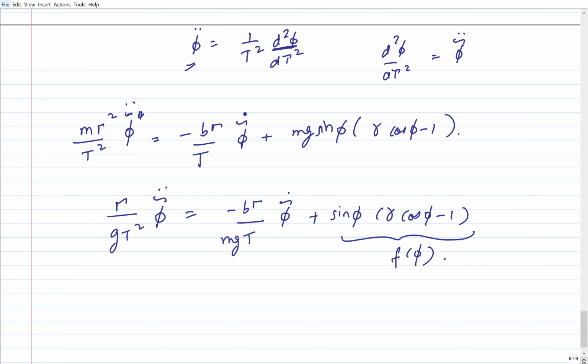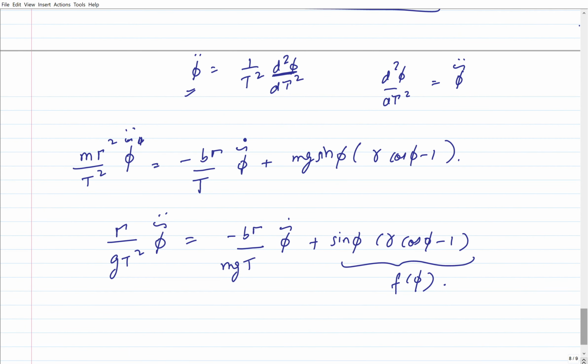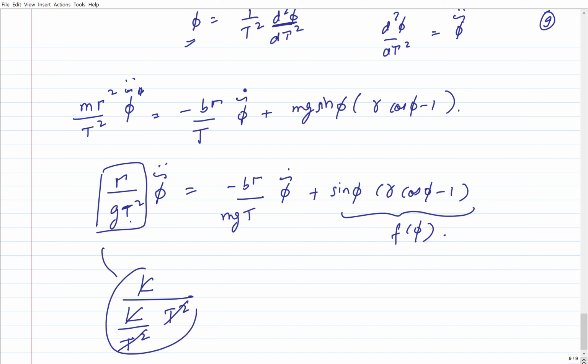This is this. So now, if you look at it, basically, what is the dimension of this guy? This is length upon length T square. This is T square. Doesn't have any dimension. So I have reduced my original differential equation into a dimensionless form where all quantities are